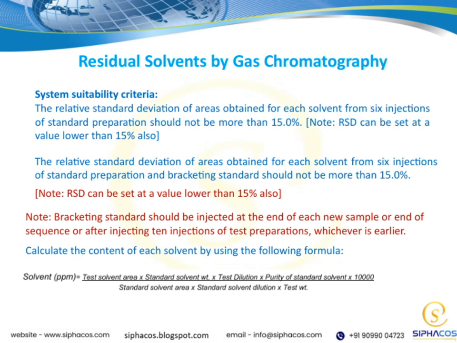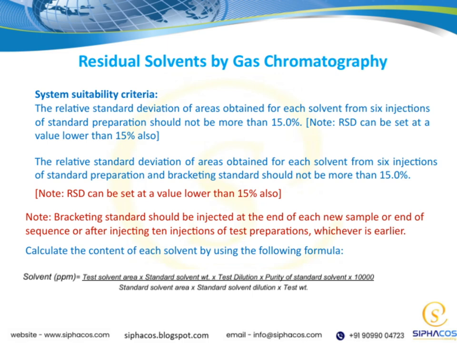Next, we need to calculate the content of each solvent using a specific formula, which involves measuring the areas from our gas chromatograph. The key point here is that the relative standard deviation, or RSD, of these areas, obtained from 6 injections of the standard preparation, should not exceed 15%. This is our system's way of confirming that the results are precise and reproducible. It's also worth noting that we can set the RSD at a value lower than 15% if we want even